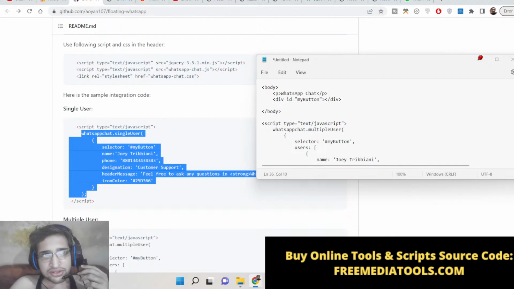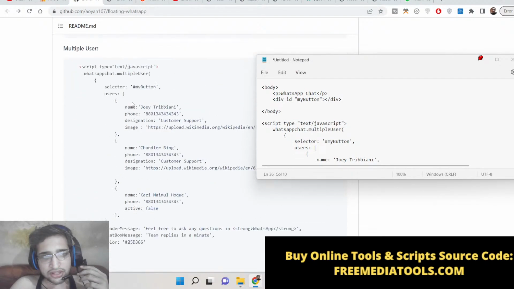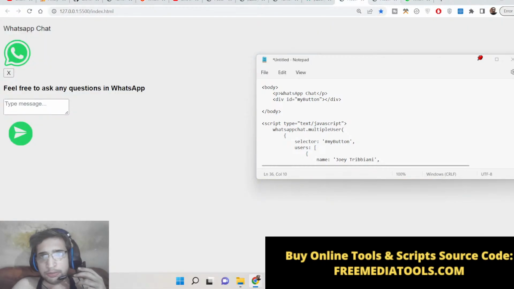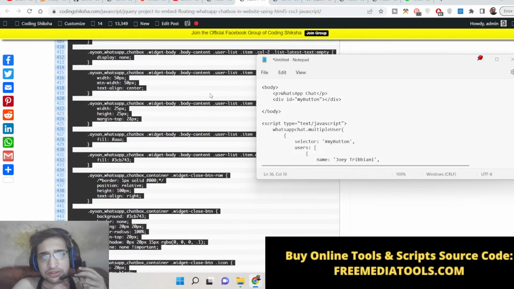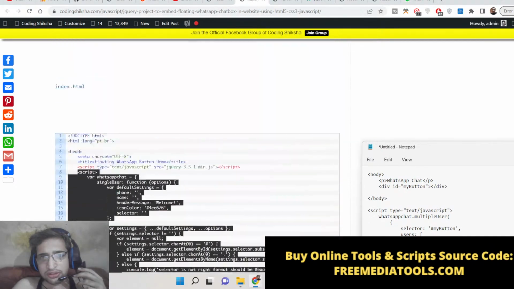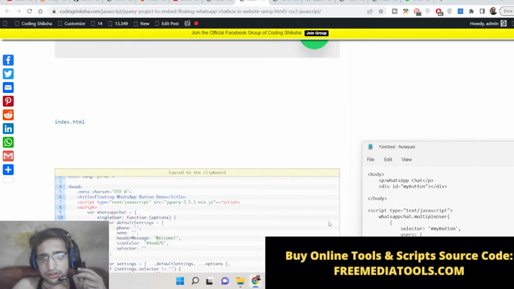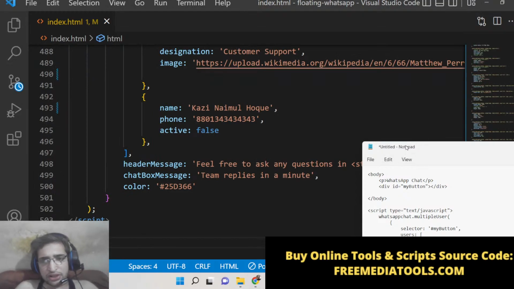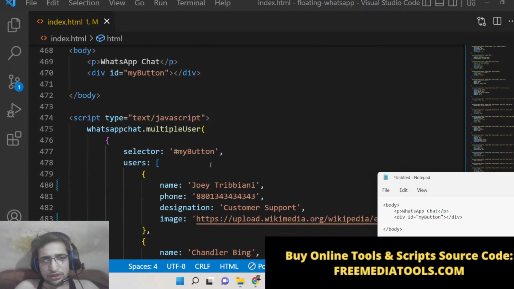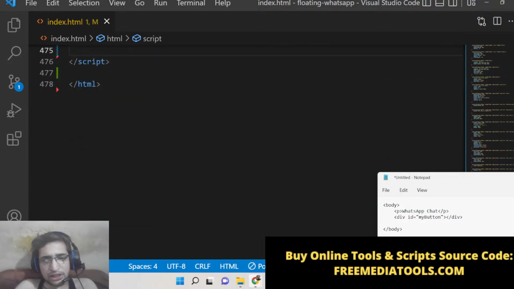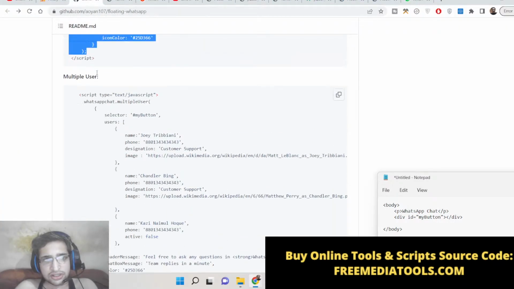Now to float this inside the website, guys, it's very simple. On my website here, I have given this source code. Let me paste this code here and then explain to you what is happening. Let me copy this and paste it here. What is now happening, guys, is that we can also change this to single user. This is for multiple users, and if I change it for single user,